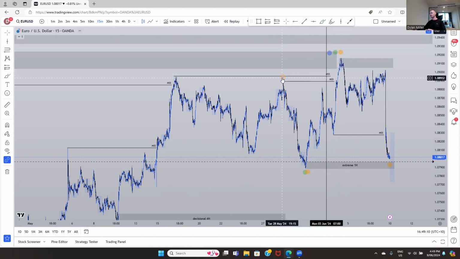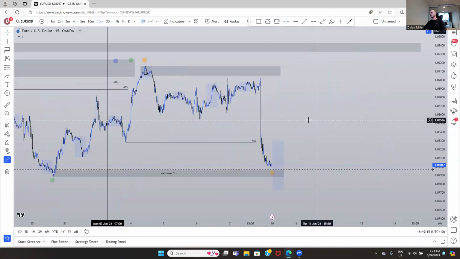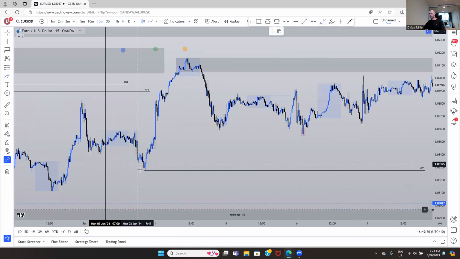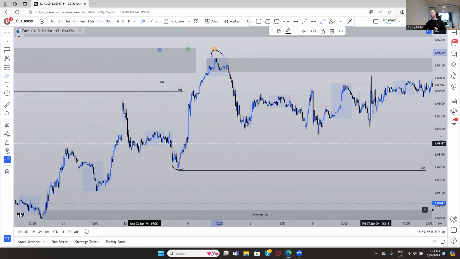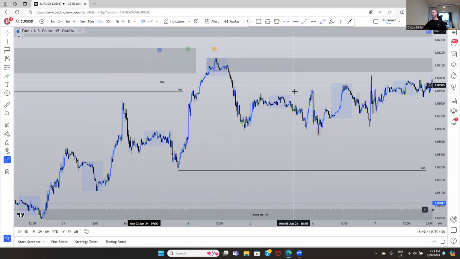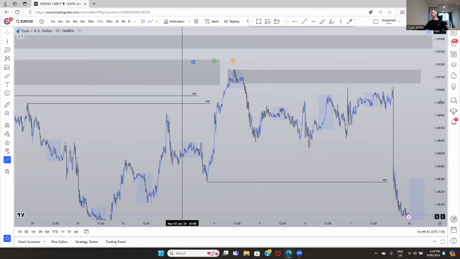So you can go ahead and remove these markers here now. Cool. All right. So from there, after we had the main push to the upside, which is obviously from this low to this high, it gave us not much in terms of internal structure or anything along those lines. So it made it really quite tricky to be able to work with anything inside of this range here. So this and this are really insignificant structural points to be able to actually use as market structure shifts to be able to look at doing anything with in terms of inducements, breaks, or anything along those lines.